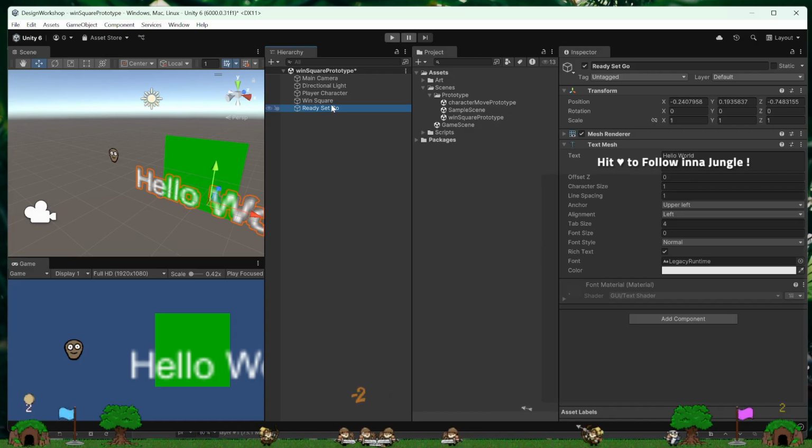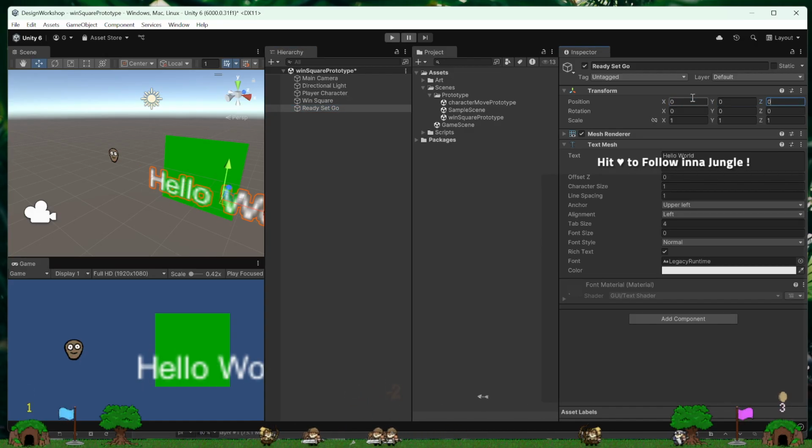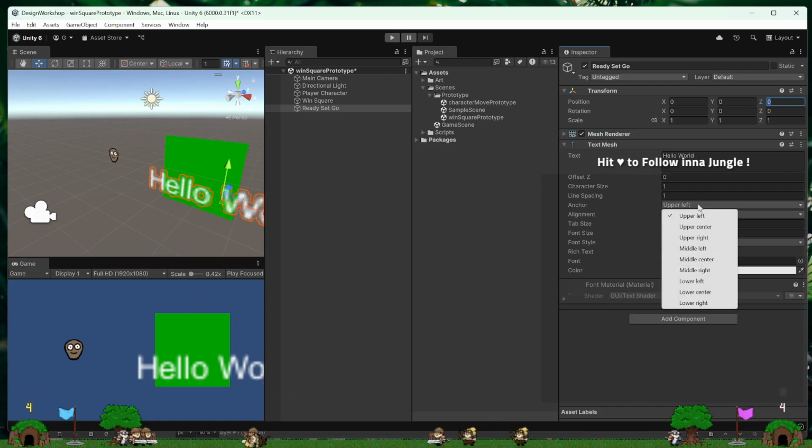I'm not even sure what to call it. We're just goofing off right now. So we're just playing around with this. This is, in other words, testing or prototyping, because I'm just going to zero out the position of this object. I'm also going to configure a couple of settings that I normally do with this kind of text object. I'm going to make sure it is in the middle center.